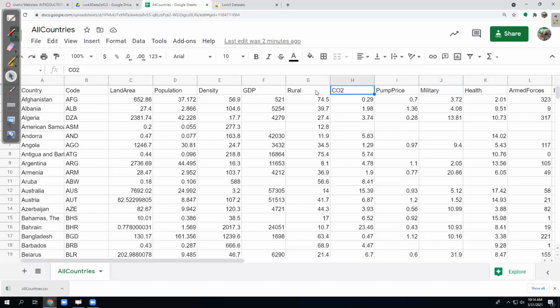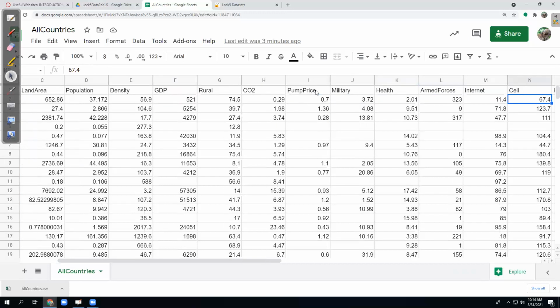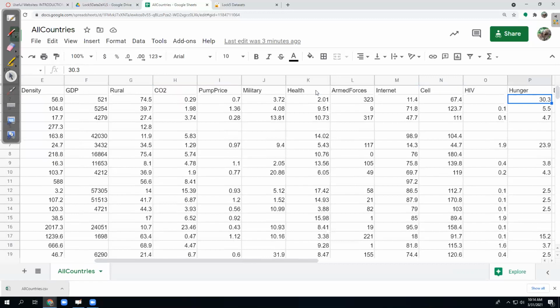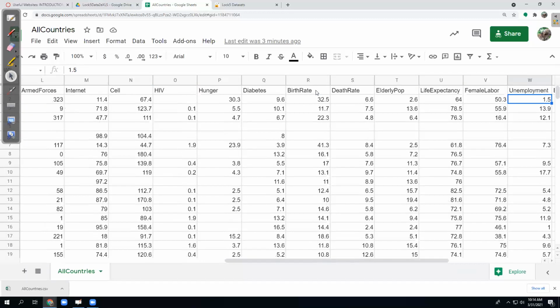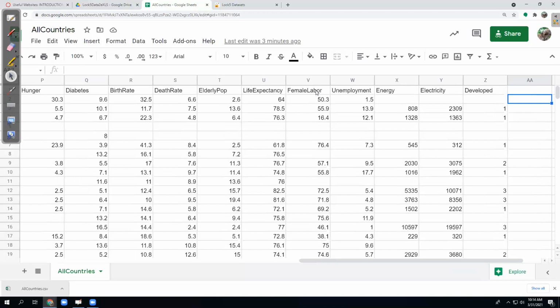Like, what does CO2 mean here? Population, 37.172. And I heard someone mention that's probably millions of people. So again, we're missing definitions, and that's always the case in a spreadsheet version of a data set. We have to look them up somewhere else. So notice we have lots and lots of numbers here. And then we have this developed 1, 2, 3, and again, we'd have to look that up. But most of these, my guess is that these are